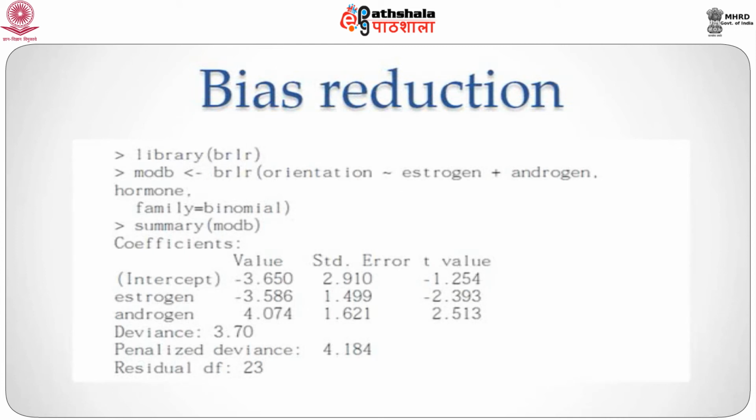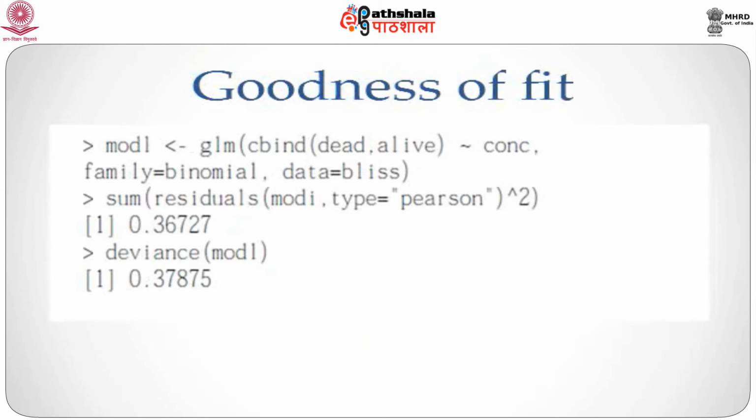Here we have fitted a bias reduction method as a means of getting a better fit. Now it is possible to show that there is some bias in the coefficients for small samples, and thus bias reduction methods have been derived and can be fitted using the brglm function, which is included in the library of the same name. So this has been done in the chunk of code given on this slide, and note that the syntax and the outcome are very similar to that of the glm function in R.